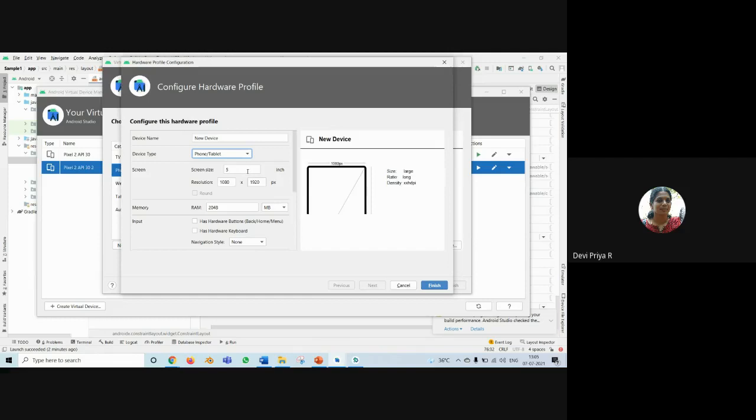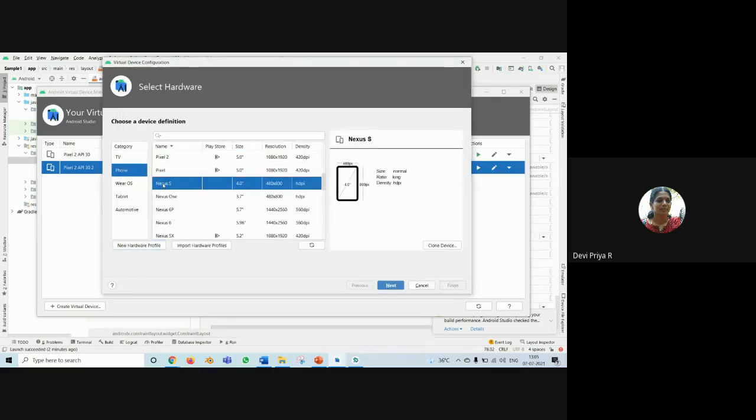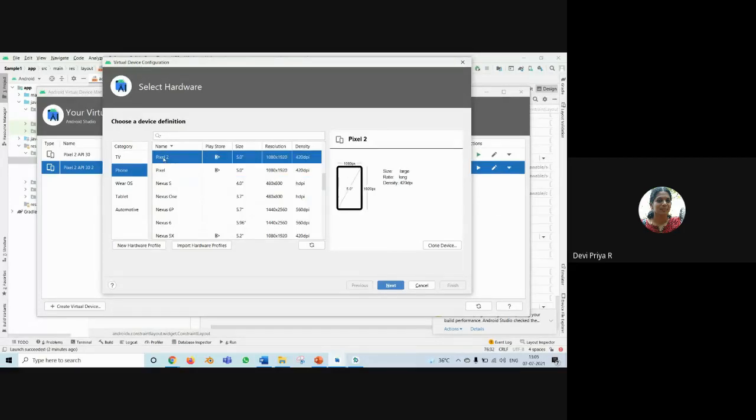And what is the screen size? If you have the specific screen size of your device, you can set that as a device. That means you can clearly view how it actually looks on your phone. For example, if I have a Redmi MI phone and I want to see exactly how it looks on the MI phone, you can include that device. Or if you only have a basic phone and just want a virtual device, you can just create it here. I'm using Pixel 2 and clicking on next.